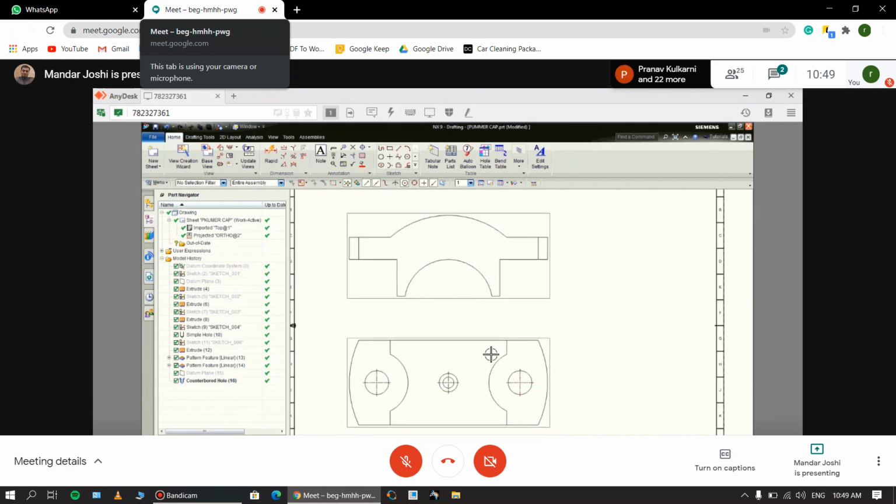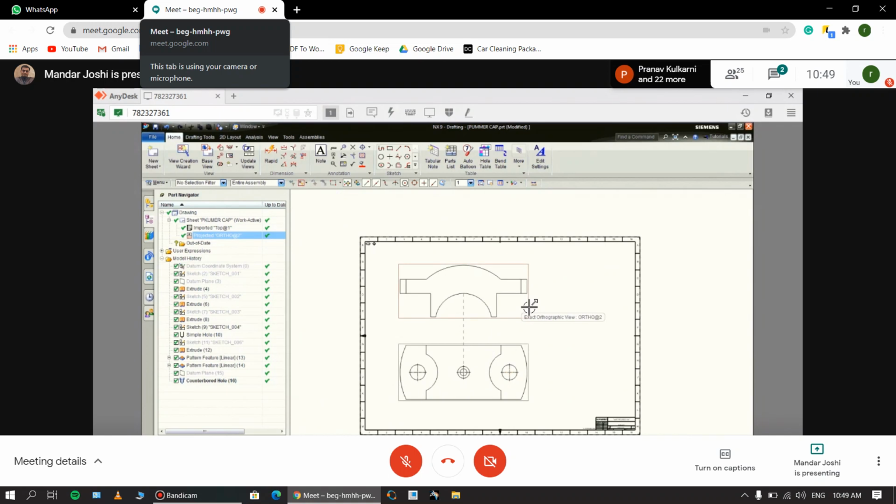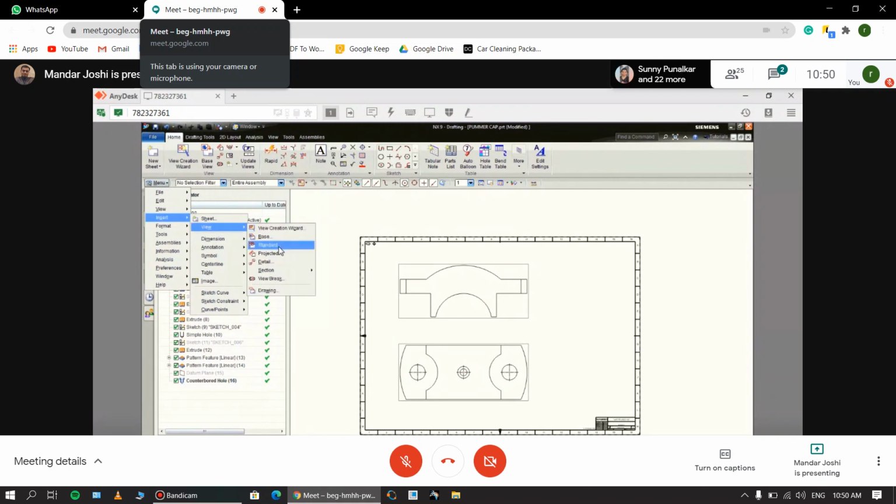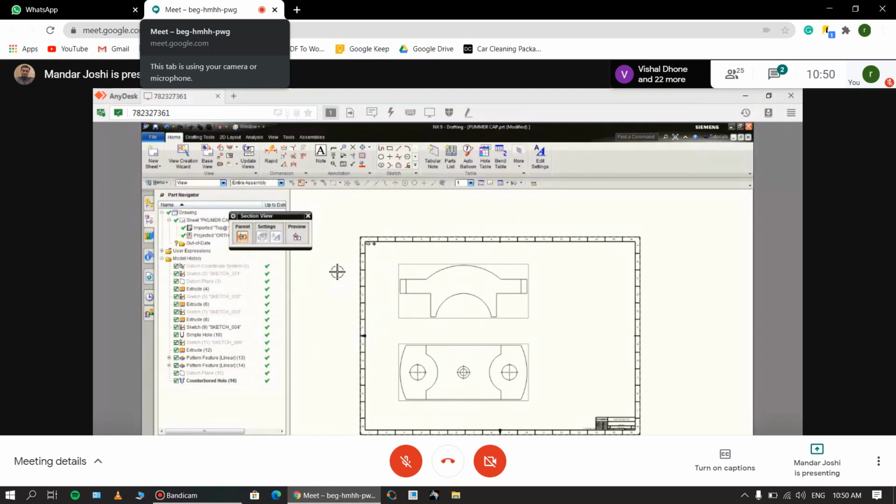After that, next step, I want to generate here a sectional view. I don't need this. So in that case, what we have to do, use the sectional view here. Very small button is there, are you observing? Otherwise you go for the menu option, menu, insert, views, and here are the different views. So I want to put the sectional view. Which sectional view do I need? A simple section. Take a simple section option, just click on it. So these are the operating style, this is the dashboard.